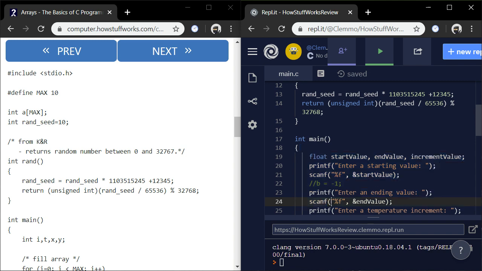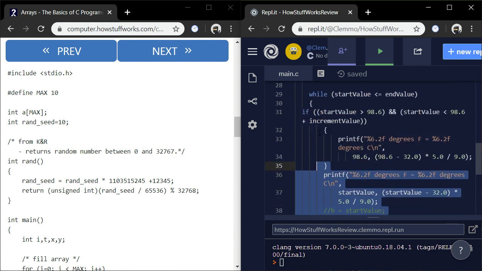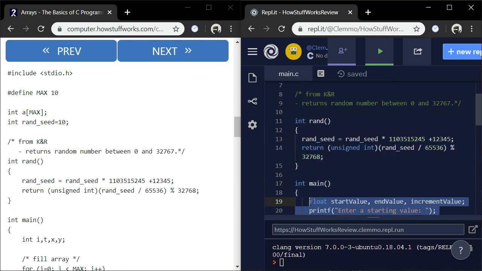All right, let's get rid of all this junk here. And then we are going to declare a bunch of variables: i, t, x, y. No, he doesn't use spaces, but I'm going to use spaces.